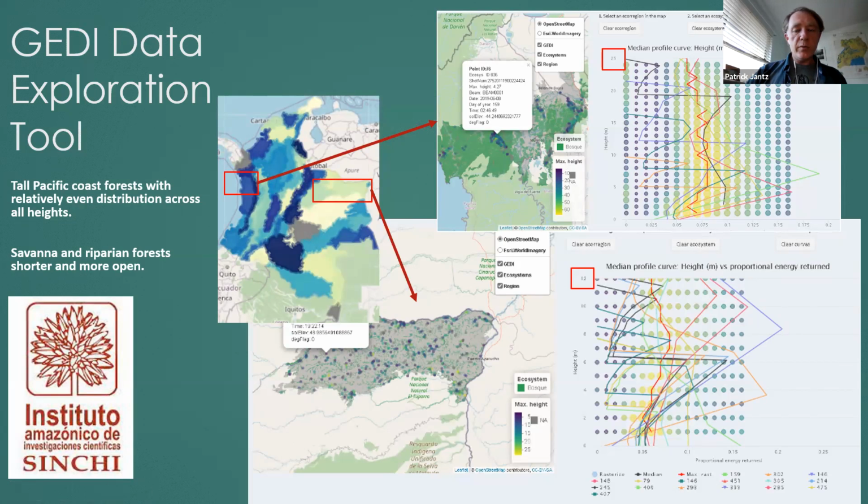My postdoc who was working on that, Camilo Fagua, recently took a tenure track position at the National University in Colombia. So he's really interested in pushing this work forward. And we have a PhD student in our lab, Ivan Gonzalez, who's a great programmer. He is working with Sinchi to develop a web application that links up GEDI data for exploring, but we'll also be putting in our canopy height maps and our species richness maps, and Sinchi has